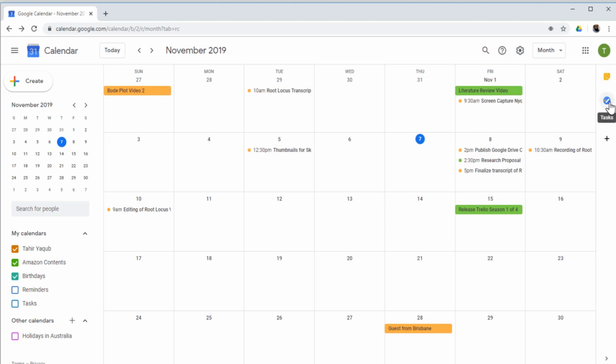The second app is Task, which you can use for creating your to-do list, and you can have a list of tasks which you want to do before a particular event. For example, you have the ability to create tasks and subtasks, and normally because these two apps are related to your calendar, these are shown here. I use Evernote for note taking app, but Google Keep is also a very simple app. If you want, you can use this app for taking quick notes. I will make separate videos for these two apps. So that is it for this Google Calendar tutorial.